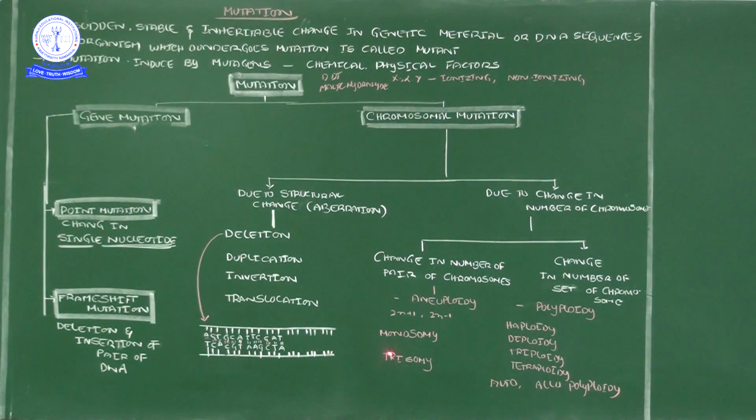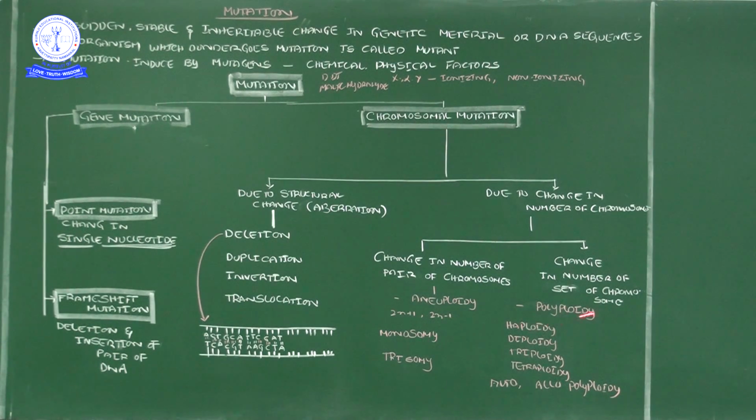So that's why if one chromosome is lost, that indicates monosomy, and if one extra chromosome is added, it means trisomy. For example, XX, if you take a female organism, the sex chromosomes are 2 X chromosomes. Instead of that, XXX, 3 X are there, that is a trisomy. And if only one X chromosome is there, that is a monosomy.